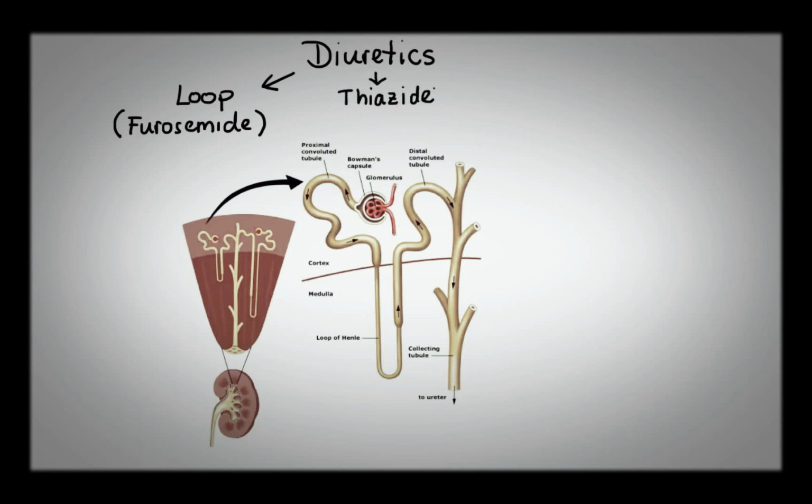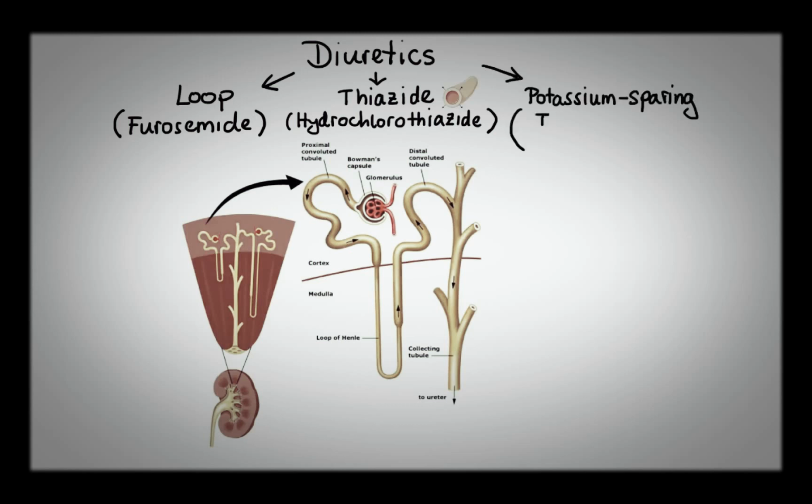Secondly, we have thiazide diuretics, such as hydrochlorothiazide, which also reduce reabsorption of sodium chloride in the kidneys, but to a much smaller degree than loop diuretics. This leads to initial decrease in intravascular volume, decrease in cardiac output, and ultimately lower blood pressure. However, the long-term effects on blood volume are minimal, and sustained antihypertensive effects are thought to be produced by thiazide-induced vasodilation. Lastly, we have potassium-sparing diuretics, such as triamterene and spironolactone, which increase diuresis by either interfering with the sodium-potassium